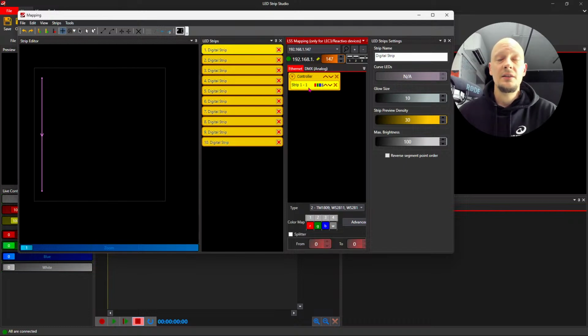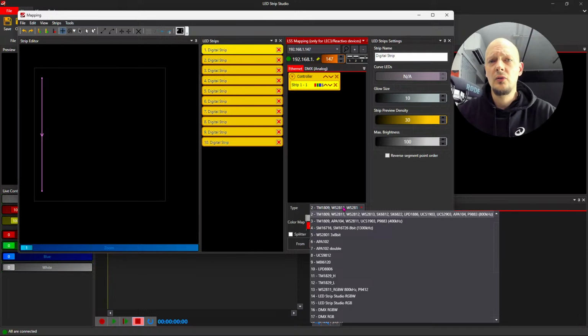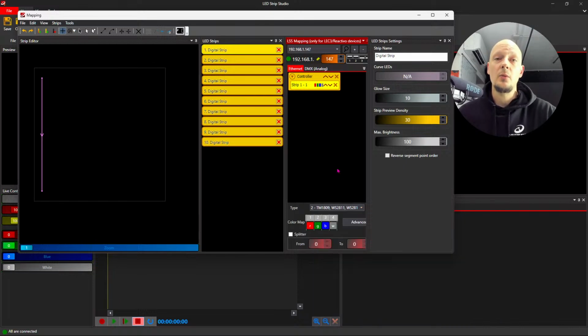Once you assign the strip into your controller, you can change the strip type that you are using. Currently we are supporting over 52 different strip types, different ICs, and the number is growing. Whenever you have a strip type that you can't find in the list, you can always send us a message and we can add support for basically any kind of digital strip that you need for your project. I was talking about the web config before, which is a very important tool where you can do all the settings. And